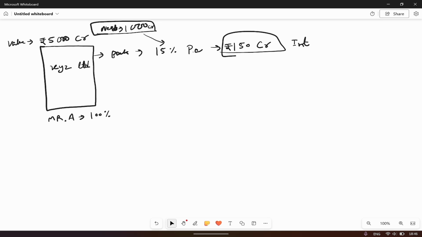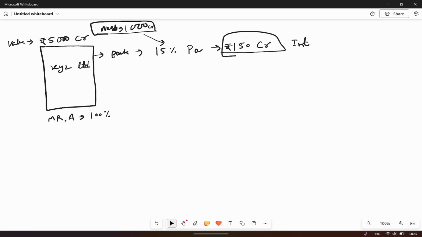Now, this is a huge amount, right? If, let's say, Mr. A didn't manage to run the business properly, or any bad news comes like COVID, where the entire economy shut down, he won't be able to pay this 150 crore because now the company is not making any profit. You need profit to pay this money. Now, when the company is not making profit, how will you pay the money? So for mature companies, meaning those companies who already have a presence for, let's say, 6, 7, or 10 years,